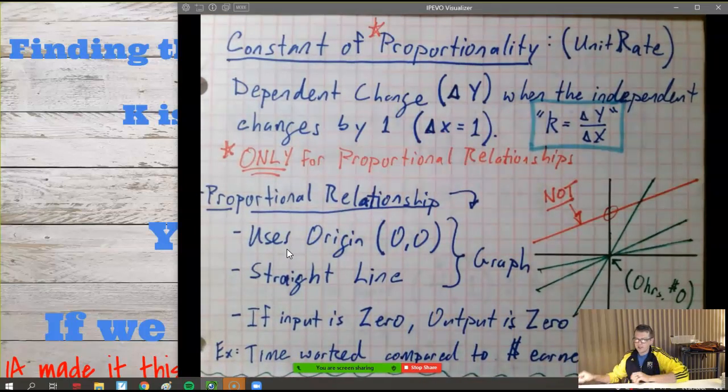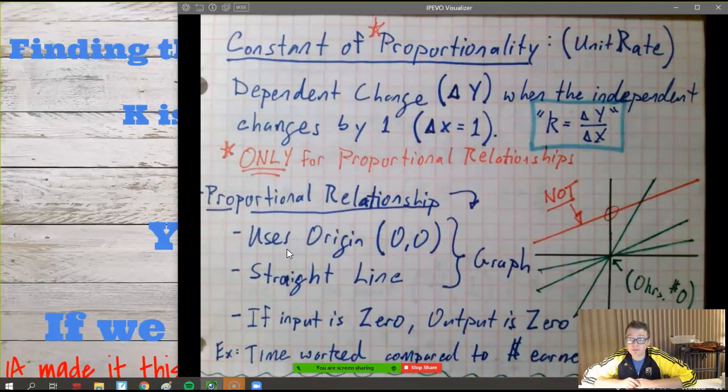So guys, pencils out. I'm going to trust you today and not ask to see your graph paper, but I can tell if you're not writing notes, because if you're staring at the computer, you're not looking at your paper. So please copy this down. These green lines down here in the graph, those are proportional relationship examples. The red line is not, because it does not use the origin point, right? So the red line is an example of a not proportional relationship.